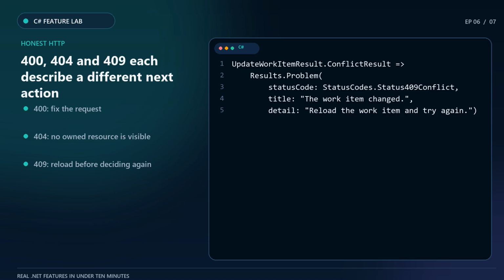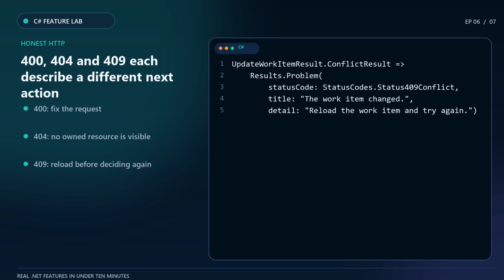409 means the request was valid for an older state, so repeating it blindly is unsafe. The response uses authored problem details that tell the client to reload without revealing the winning title or any database detail. A richer user interface can later show both versions and offer a merge, but the server must first make